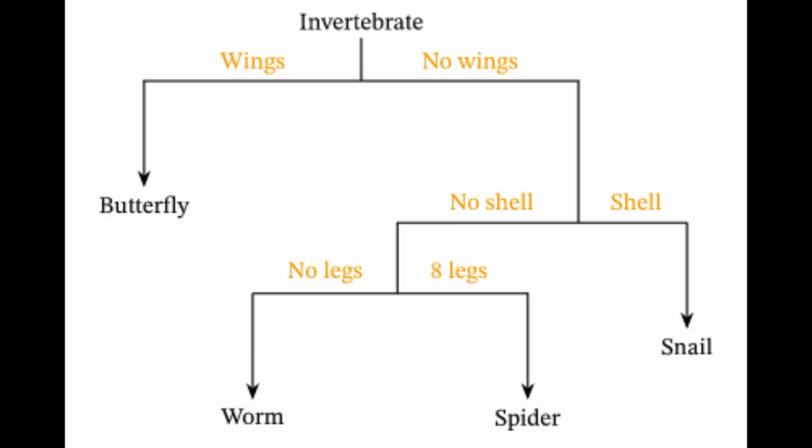For example, I'm taking an example of invertebrates. A few have wings and a few don't have wings. The winged one is a butterfly. Some have a shell whereas some do not have a shell. If we take the example of a shell, it is a snail, and with no shell there are two more categories: with no legs and with 8 legs. If we take the example of no legs, that is a worm, and for 8 legs,